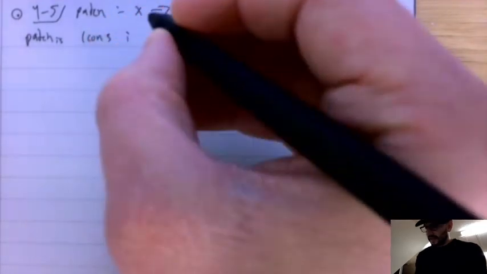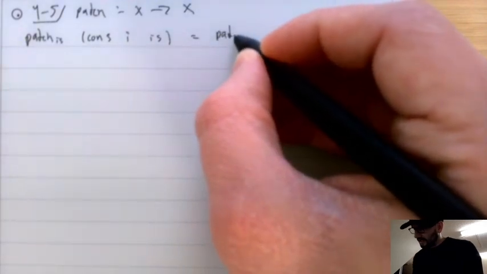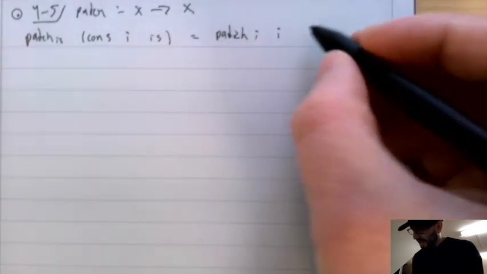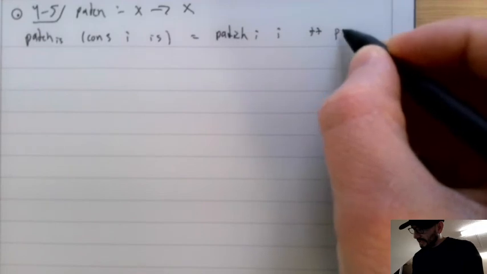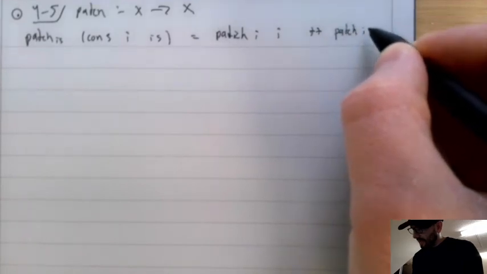At the bottom, if we look at how patch works on a list of instructions, given a cons of an I, that's one instruction, and the rest, what it's going to do is call patch of I on I, and then it's going to merge and append onto that what happens with patch